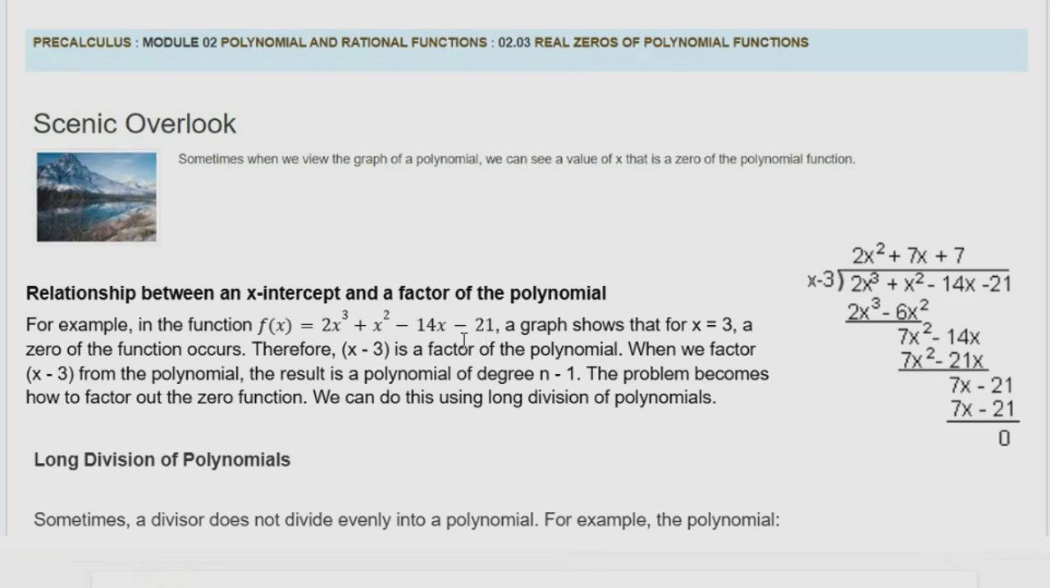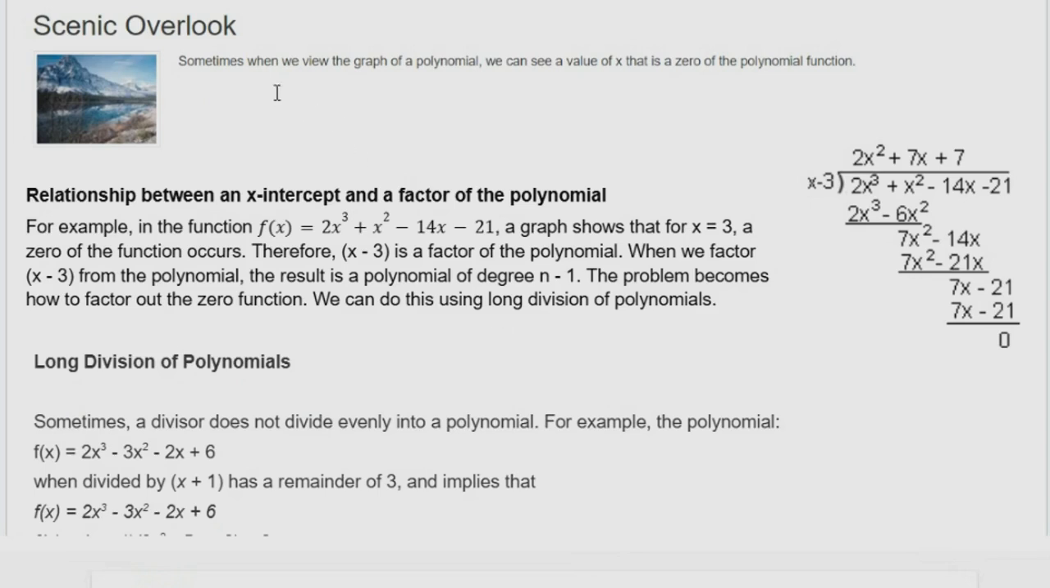Let's look at the relationship. Sometimes when we view the graph of a polynomial, we can see a value of x that's a 0. The relationship between an x-intercept and a factor. In the function 2x to the third plus x squared minus 14x minus 21, a graph shows, well,